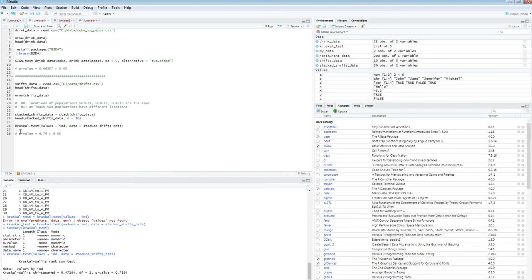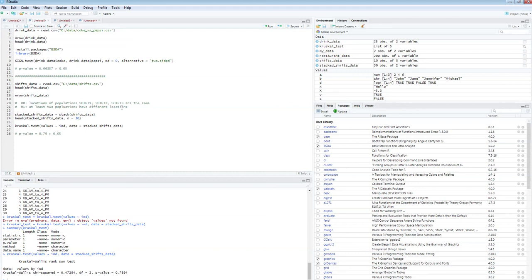So what do I do when the p-value is high? Fail to reject the null in favor of the alternative. And what does my null say? My null says that the distribution of customer ratings for shift 1, shift 2, and shift 3 are statistically the same. So in other words,